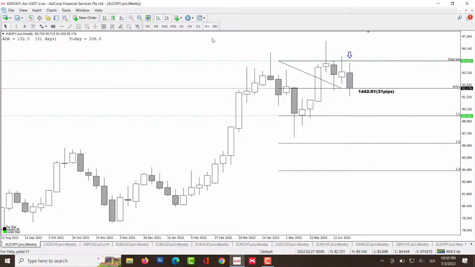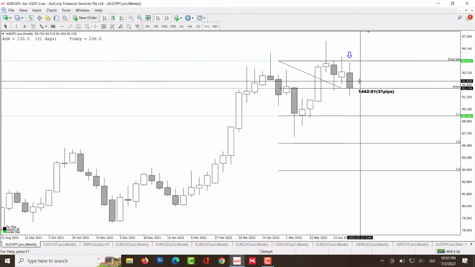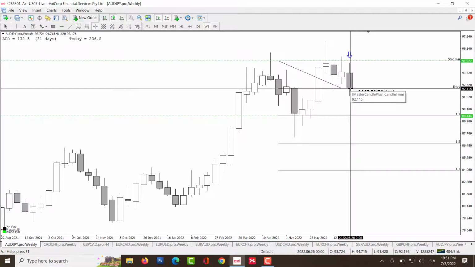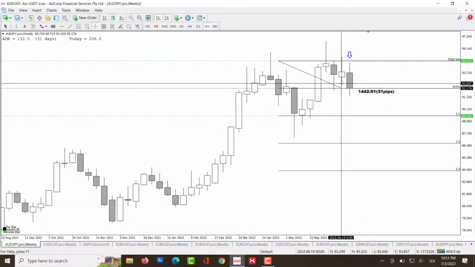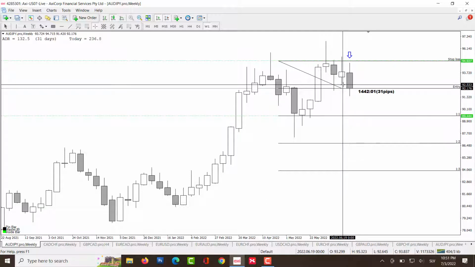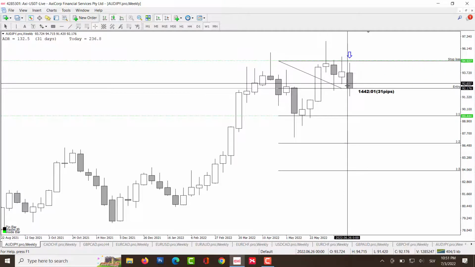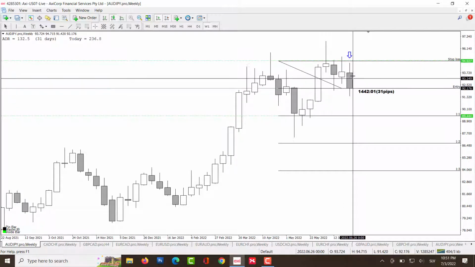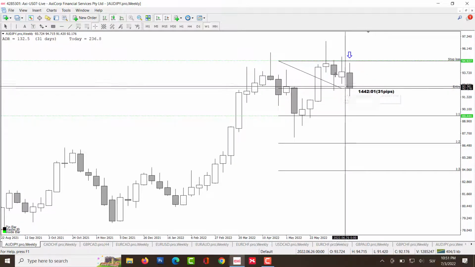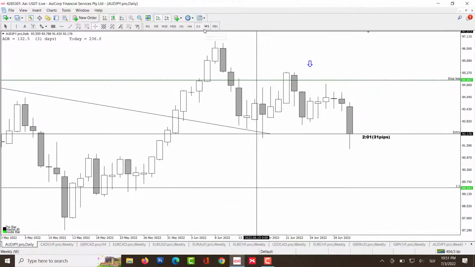Before going on a lower time frame, we can see that on a weekly time frame, this candle's close is below the previous candle low. This is a good sign. We've got a bearish candle. The strength of the body is not the best on a weekly, but if we go on a daily time frame,